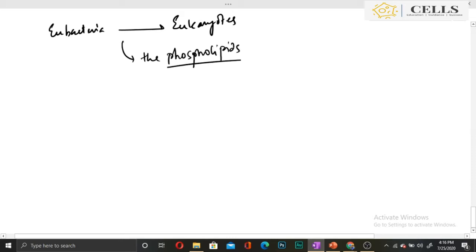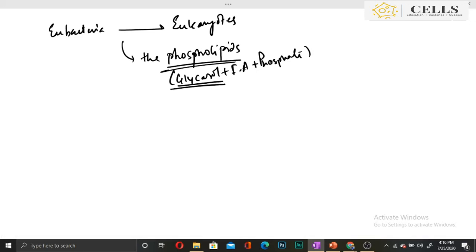phospholipids, you know what phospholipids are? These are glycerol plus fatty acid plus phosphate group, and along with that an ethanolamine group can be present, a choline group can be present, all these kinds of things can be present. Now the very important thing is that the glycerol in the phospholipids from eubacteria to eukaryote, all the glycerol are present in D form,